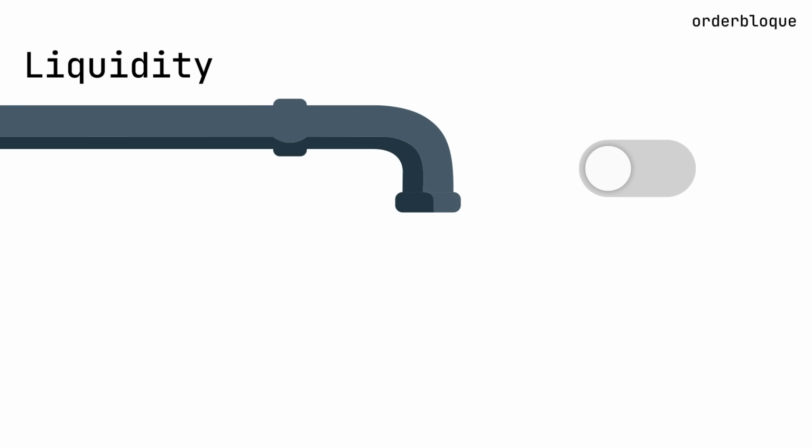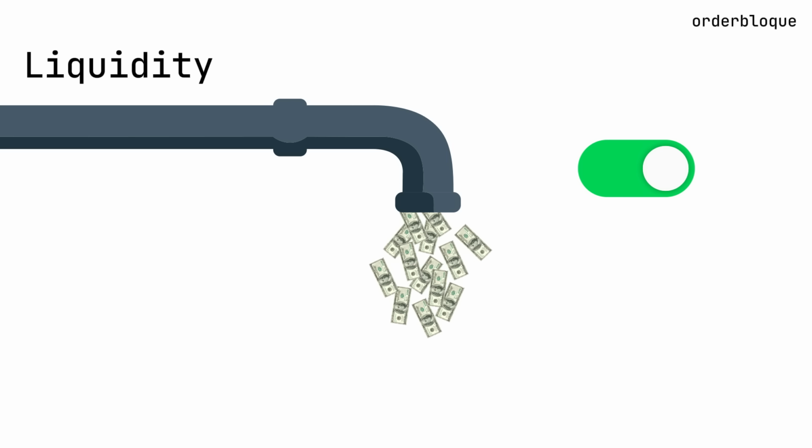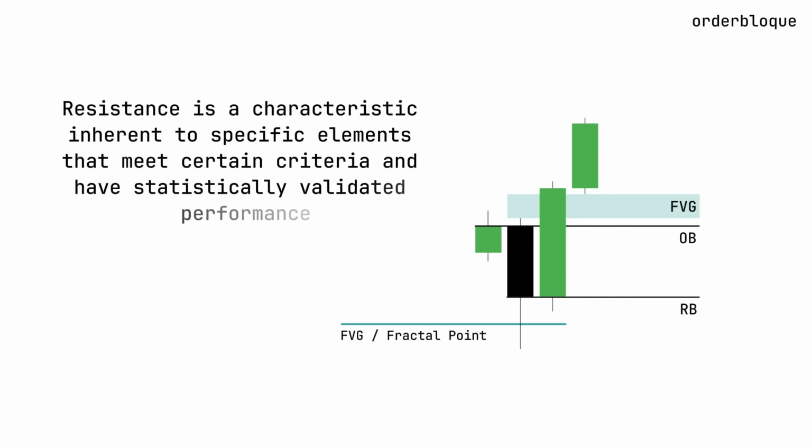Liquidity in itself either exists or it doesn't. We cannot identify any characteristics that would indicate its resistance. We can only speculate on where it might be located on the chart. Therefore, resistance is a characteristic inherent to specific elements that meet certain criteria and have statistically validated performance, as I've just demonstrated. I hope you've formed a complete picture in your mind and understood that this logic underpins all the